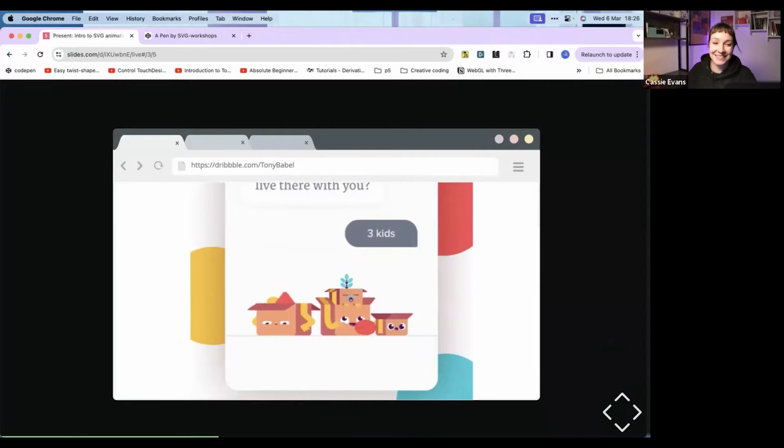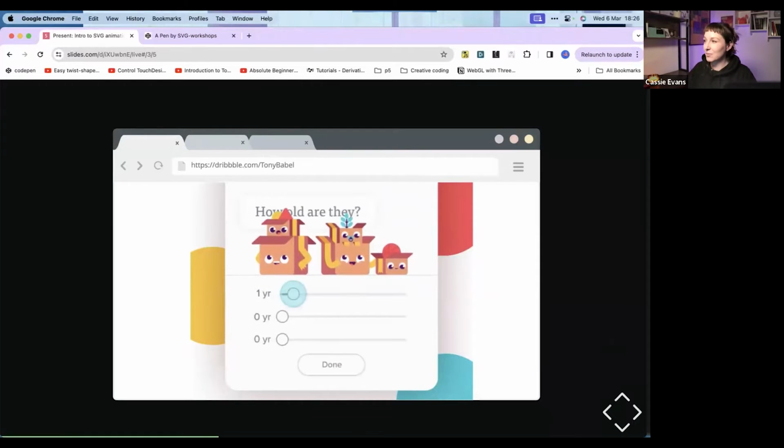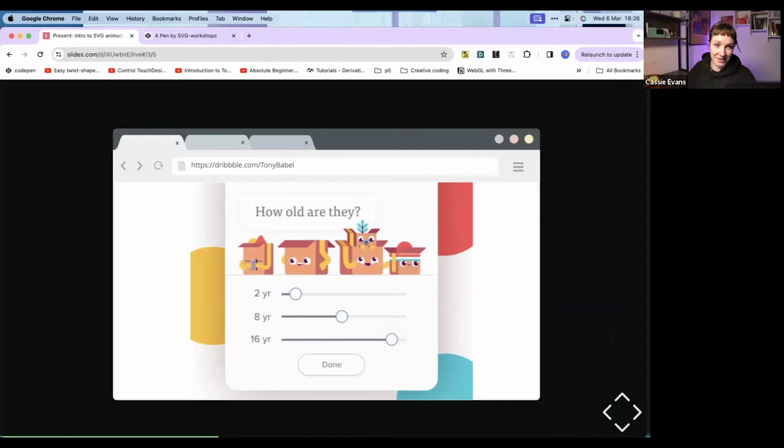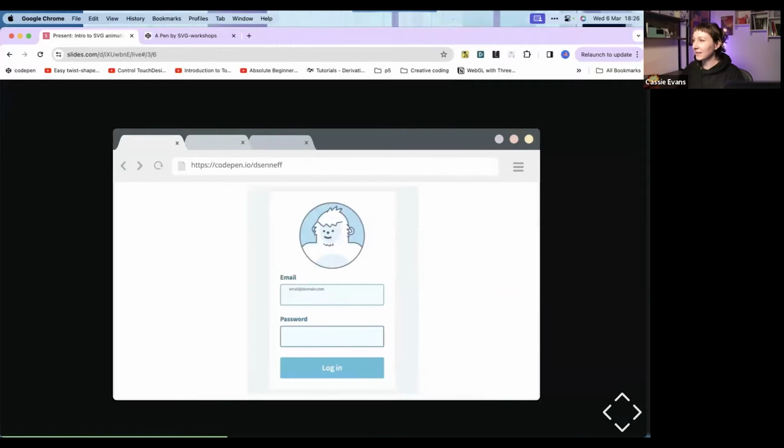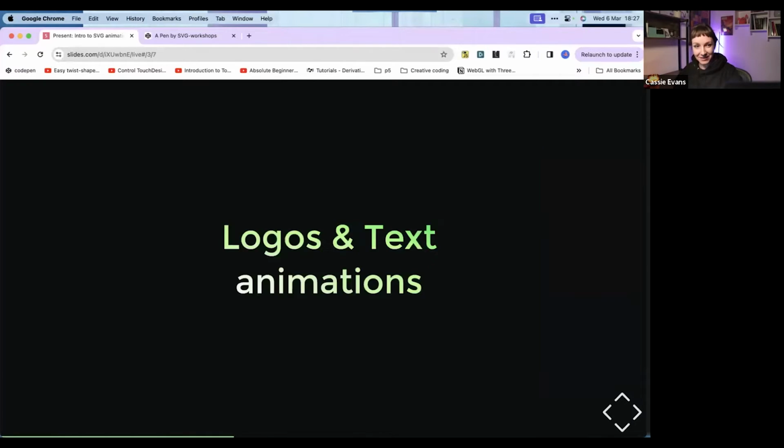These kind of things, I love stuff like this, like SVG animations used alongside booking flows or boring quiz things, questionnaires, forms, that kind of stuff. It just makes things a little bit more fun. This one's a real classic. I think I've seen about 1 million copies of this since Darren Senef made this. Good fun. You can use SVG for logos and text animations as well,